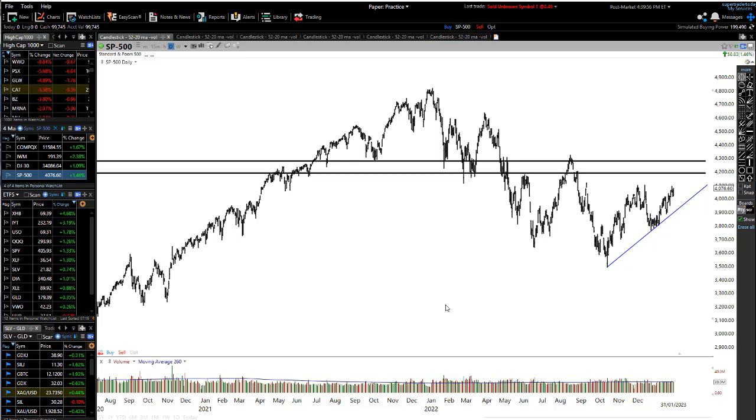So let's get into today's market update right now. We can see the S&P 500 is still at this double top formation. The key is, notice that even if we do start to have a little move to the upside, the 4,200 area is an area of resistance, and also up through there as well. So there are a lot of areas where, even if we did get a little more upside here,